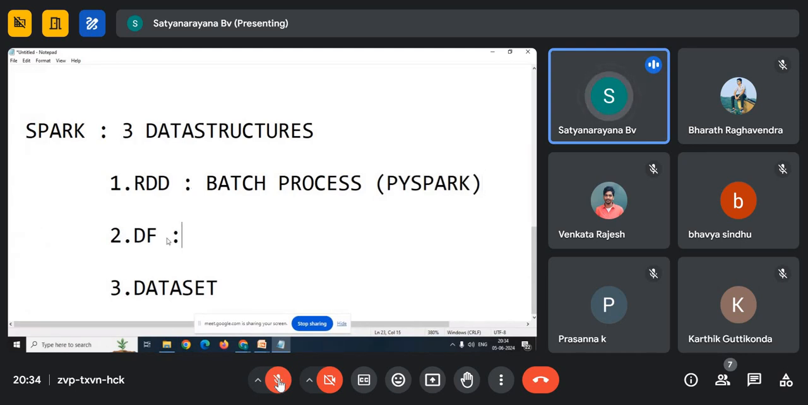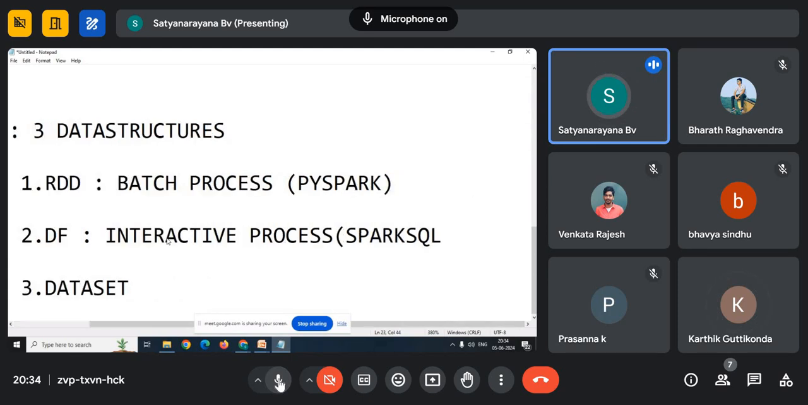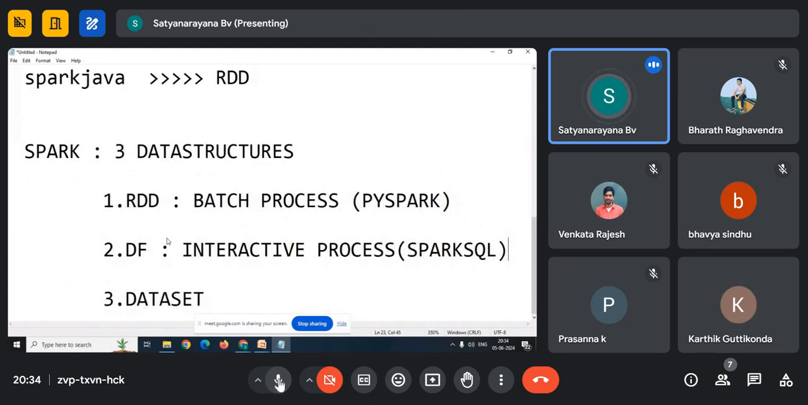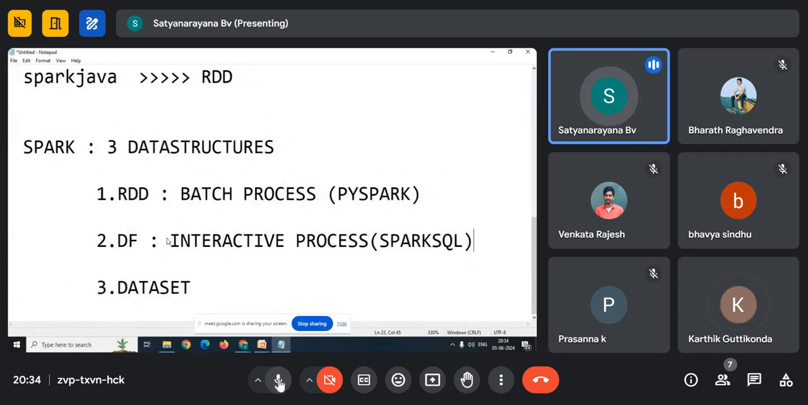If we create the input as a data frame, that analysis we call interactive analysis, interactive process. But how do we do the interactive process? Using Spark SQL. Guys, are you following that? So for batch processing analysis with Spark, you must create the input